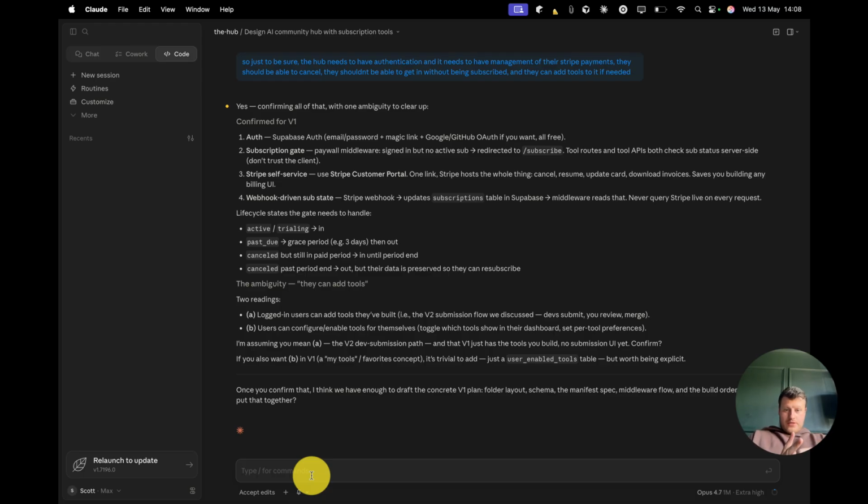Yep, and users can configure and enable tools for themselves. Toggle which tools show in their dashboard, set per-tool preferences. I'm assuming submission, confirm. If you also want to, in V1, my tool's favorite concept is trivial to add, just to use it. Yeah, let's do that. Okay, tell me the full